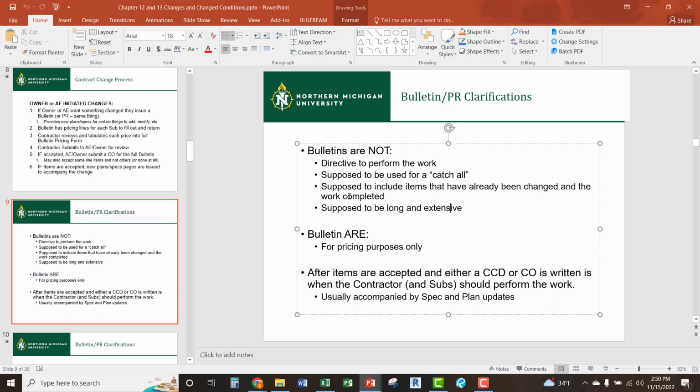The problem you run into there is, an example I have is we had about 50 or so RFIs that were responded to on a project, 40 of which, roughly, I don't remember the numbers exactly, had already been written into change orders for the subcontractors, approved, obviously, and then the work had been completed. But now they're included again on a bulletin. So now it gets confusing to say, do we reprice this? Is this a new thing? What are we doing? Those are then in combination with new items that have not been included yet on a project,